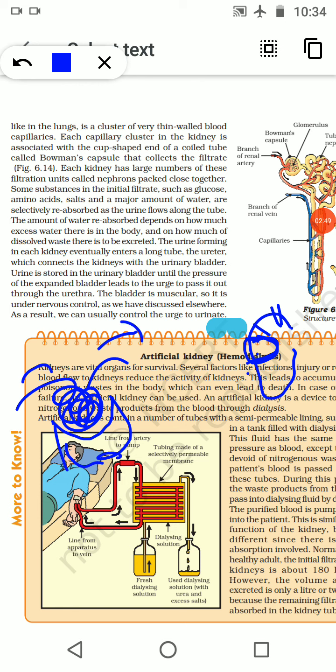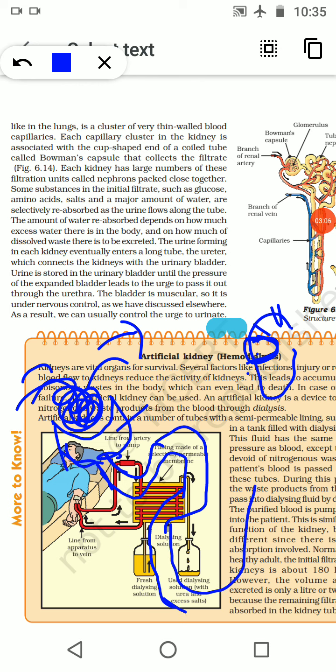The efferent and afferent vessels are there, one is entering, another is moving out. Here is the Bowman's capsule, and from here the tube will move on and go through the Henle's loop. In the Henle's loop, absorption of water and other things takes place, and it reaches the collecting duct.